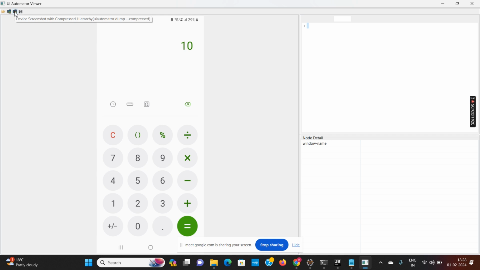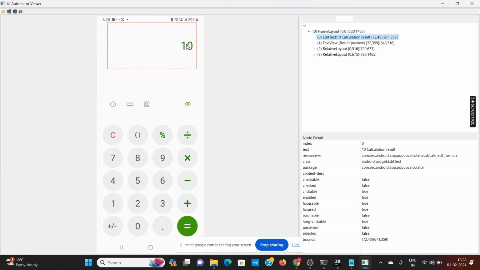Now it has taken the new screenshot. Now you can inspect it. That is, I want to take the result from this position. So again, you can use the resource ID, or again you can use this bounds. So you can use any of these as an attribute, bounds.